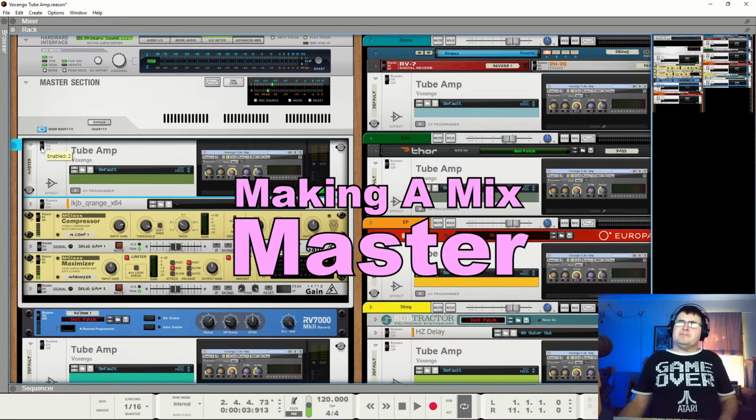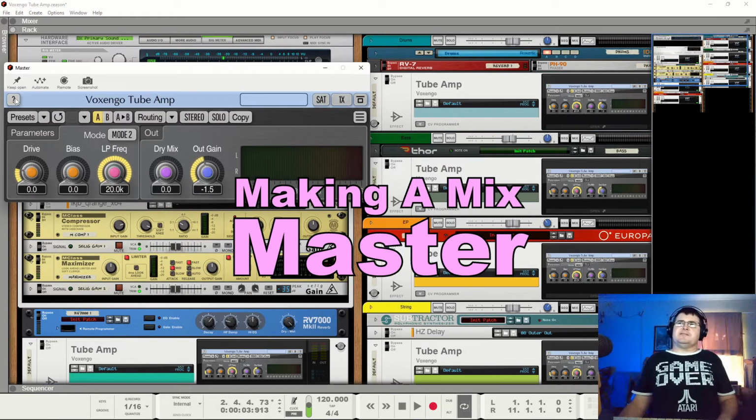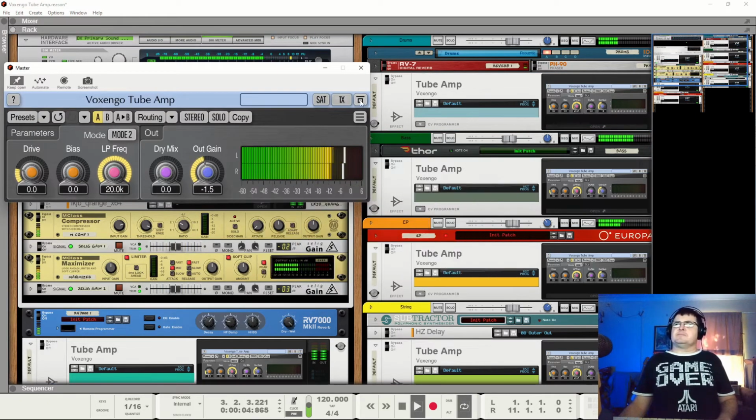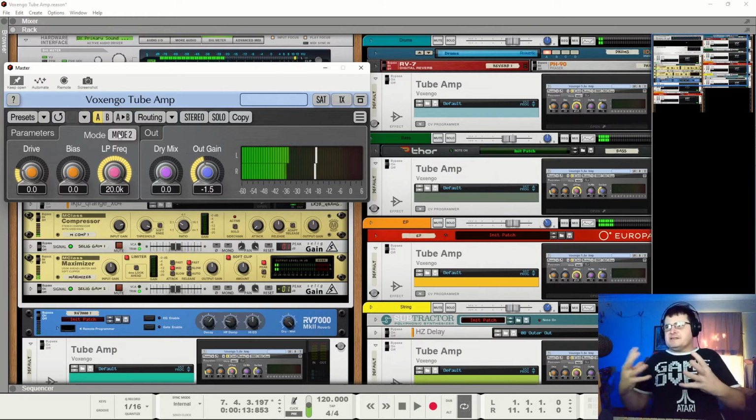So now we come to our master. Out, in. Same thing, it just embiggens, and it really embiggens here because this is a second layer.